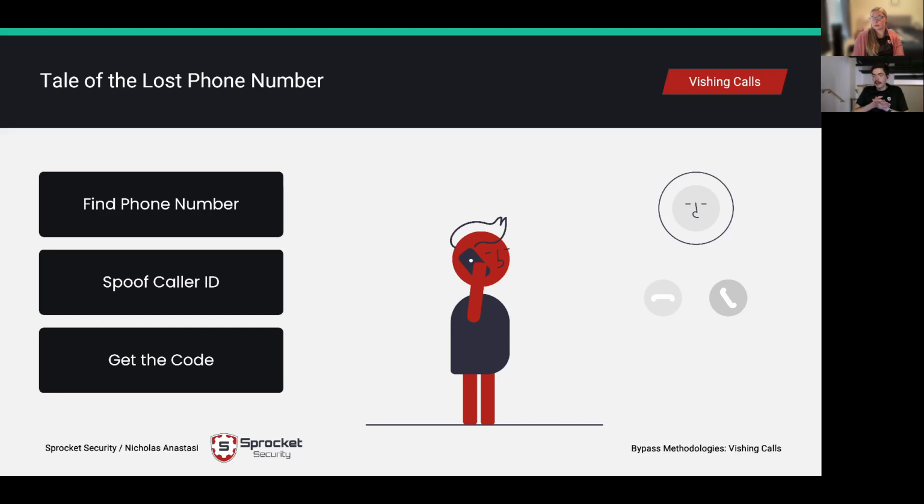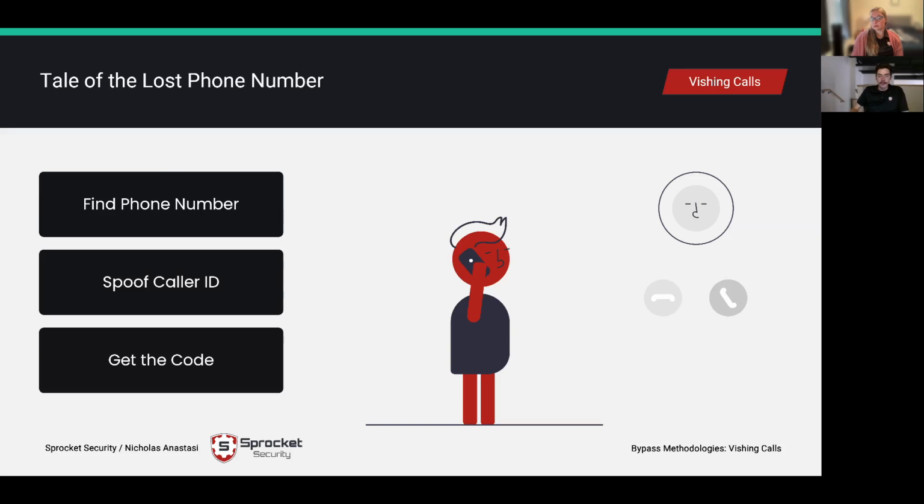So one is I will call the front desk of the office, or if I can find of the organization, or I'll find a phone number for a specific department that I know the user is working in, or at times even an adjacent department where they don't directly know the person or they're not in a cubicle right next to them. I'll call, I'll go, hey, I was just talking to so and so. I got disconnected. I can't keep talking to them right now. Can you give me a direct extension or phone number I can call them back? They'll look in the internal employee directory and they'll provide that phone number. And then we'll go ahead and recall the user.